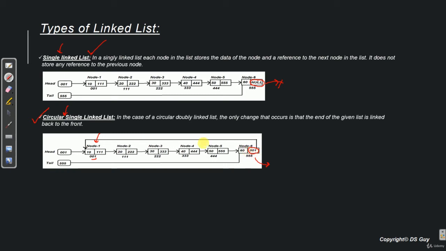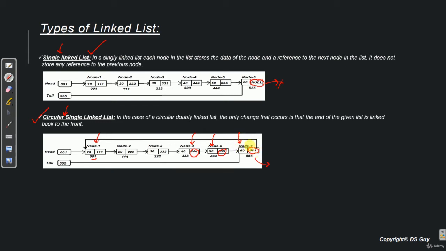So what happens is, when we come to let's say node 4, we have the address of node 5. So we traverse to node 5. Then we have the address of node 6. Now we go to node 6. Now we have the address of the first node.